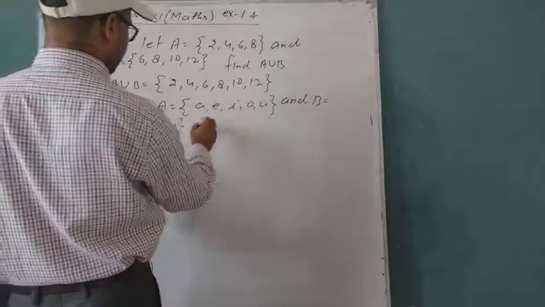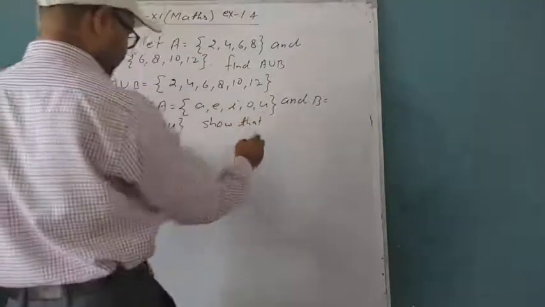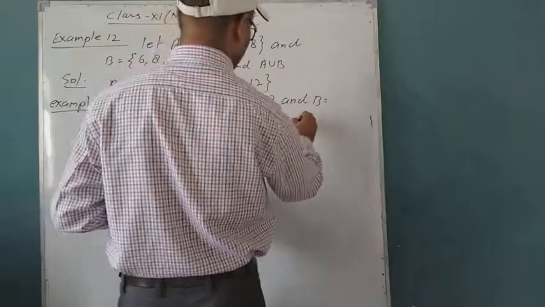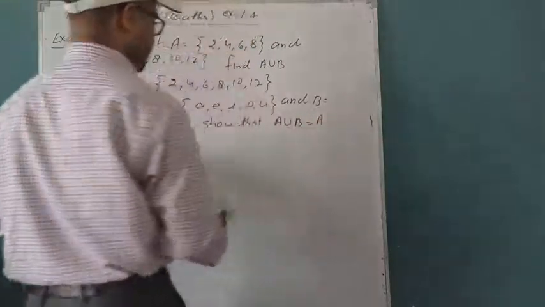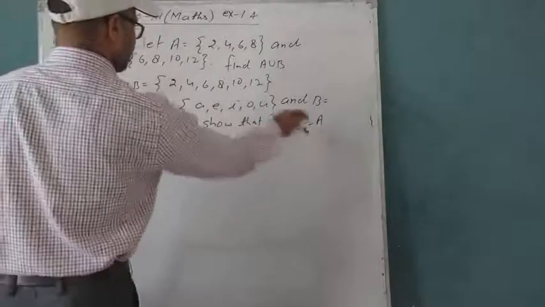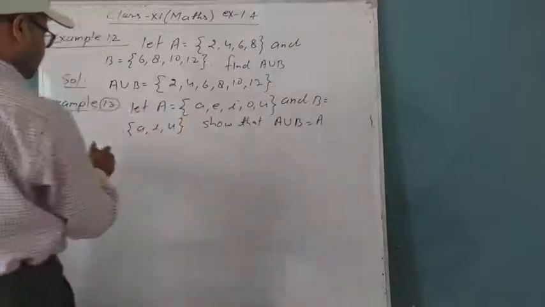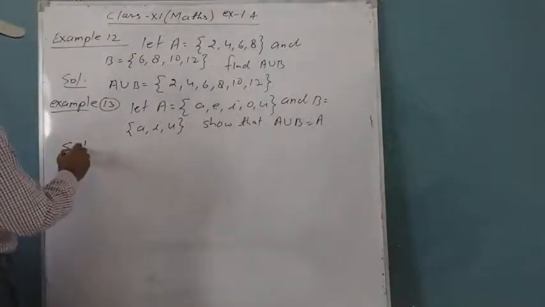Then show that A union B is equal to A. It means the union of A and B is equal to the same set A. And solution,